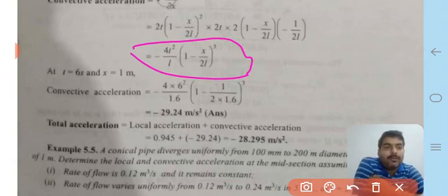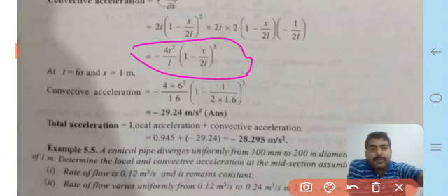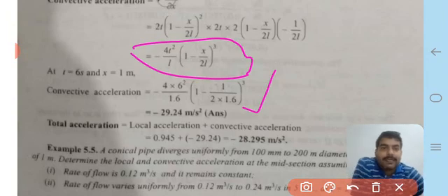Now putting in the time t equal to 6 seconds and x equal to 1 meter, we calculate the convective acceleration as negative, that is minus 29.24 meter